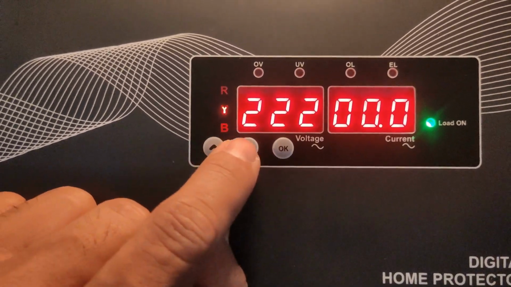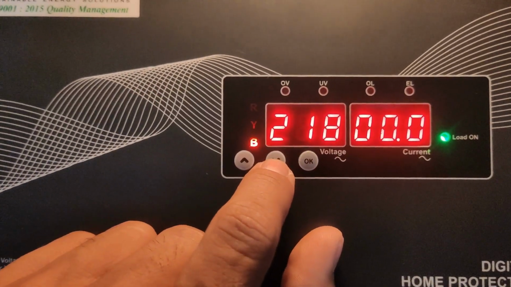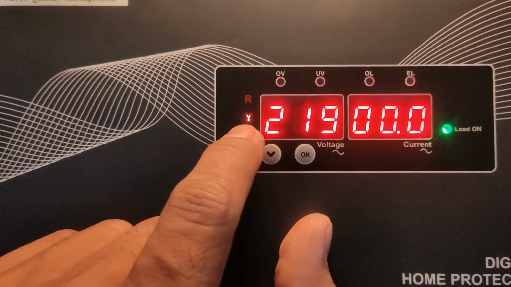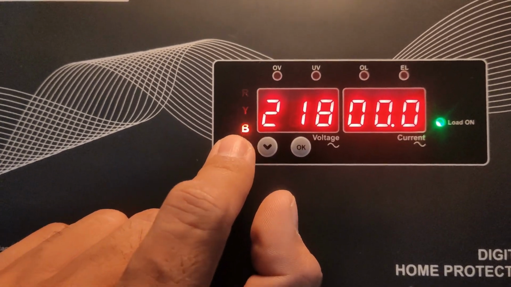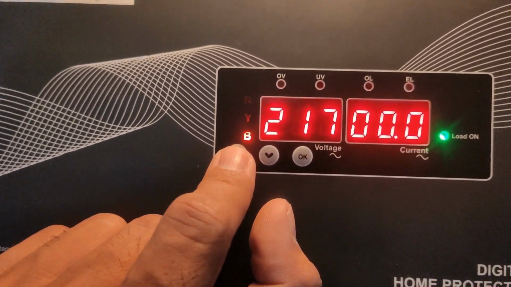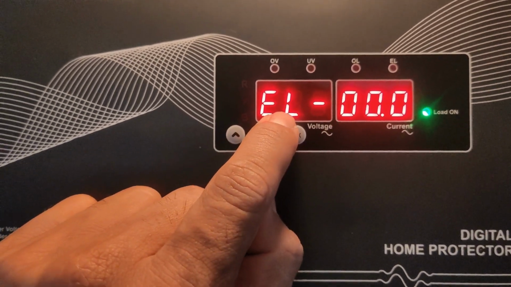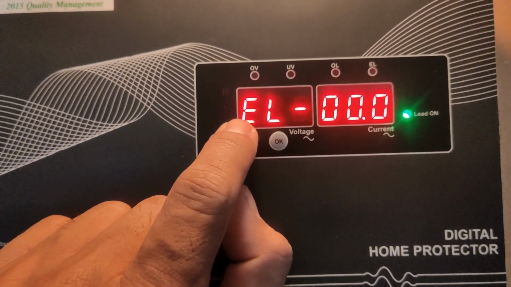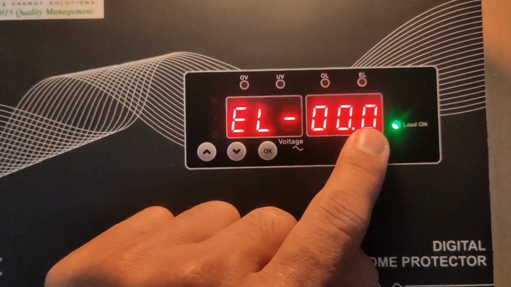By pressing the up button again we go to B phase voltage and current, and by the down button you can go back up, like Y phase, now R phase. And at last, after B phase when we press the up button, here it comes EL, that means earth leakage. The earth leakage value will be shown here.